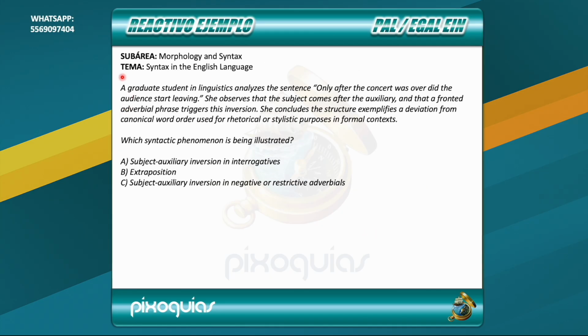We can see now an exercise from the sub-area Morphology and Syntax with the topic Syntax in the English language. A graduate student in linguistics analyzes the sentence: Only after the concert was over did the audience start leaving. She observes that the subject comes after the auxiliary and that a fronted adverbial phrase triggers the inversion. She concludes the structure